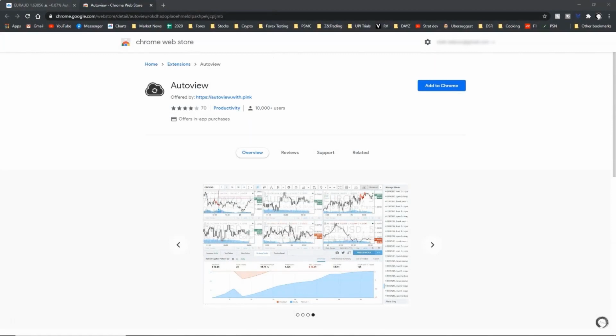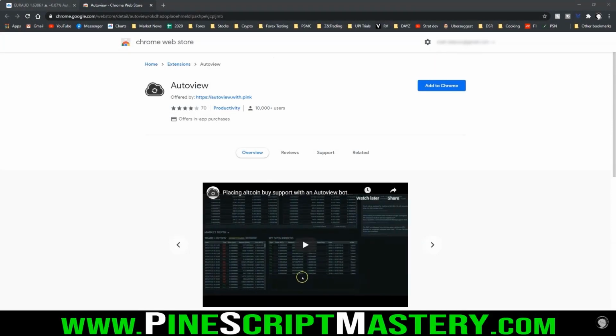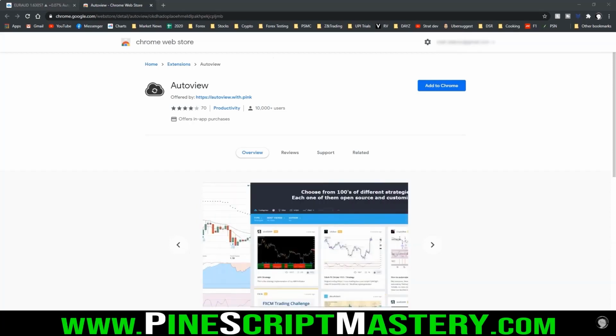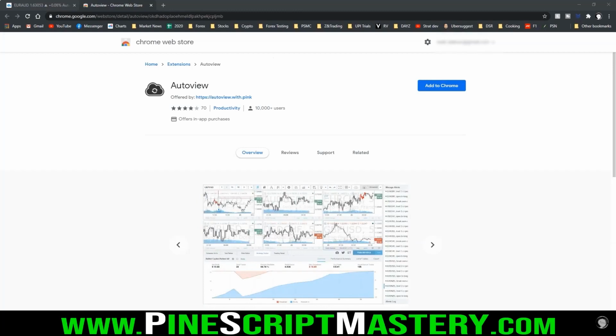AutoView, if you haven't heard of it, and you probably haven't because it's not a very well-known plugin, is a Chrome browser plugin that allows you to automatically execute trades and turn any TradingView script into an automated trading algo. It's pretty amazing, pretty incredible stuff. Now, of course, you could do this on your own if you know a programming language, or there's other services that allow you to automate your trading, but this plugin basically allows you to turn any TradingView script into an